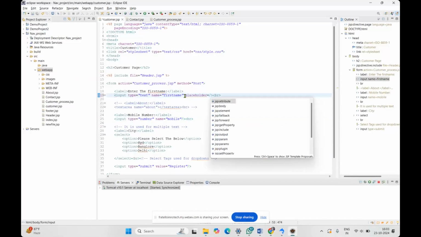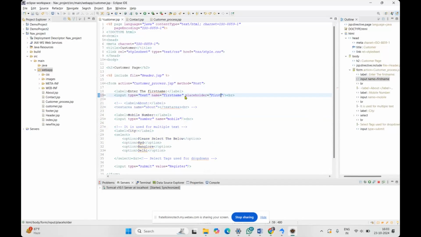Simply type placeholder equals to double quotes, and give what you want to show in the input box. For the first name, I'm going to give the placeholder here equals to